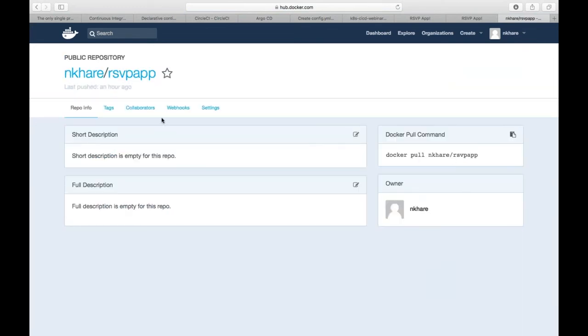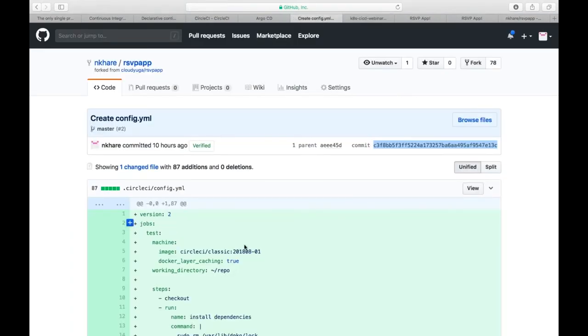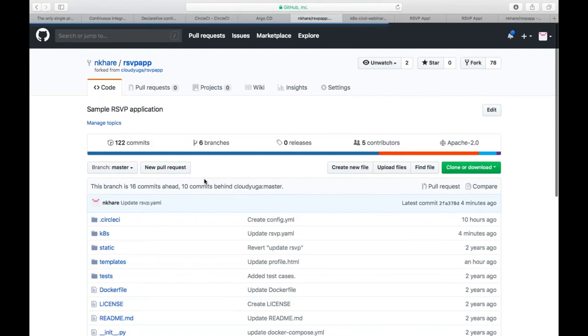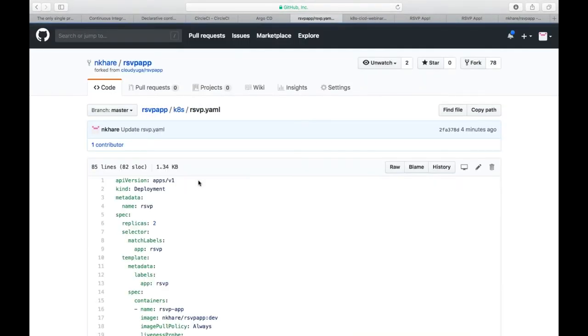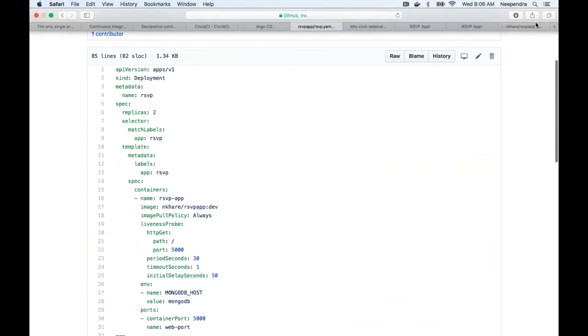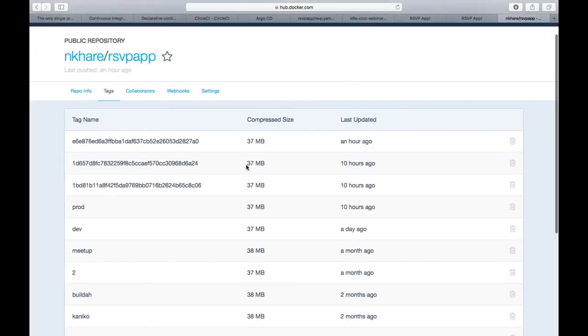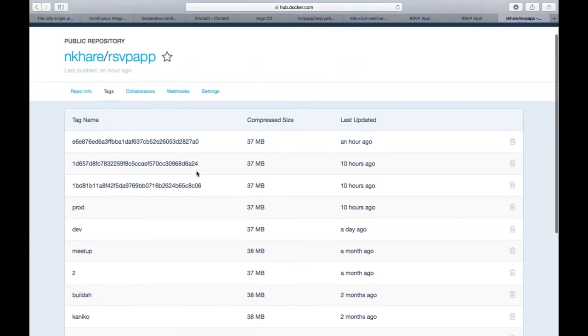So here is the app. Just want to confirm that's the image name we are using. Yep. So let me just pick up the tags from here. Yeah, so we could pick up some other tag from here, and then let's try to change that one. Okay. So I'm going to pick up a different tag here.